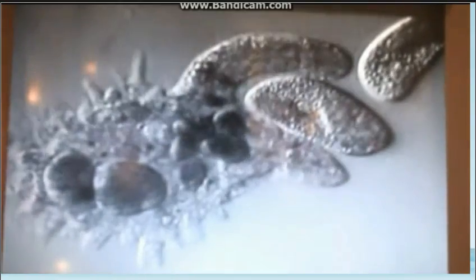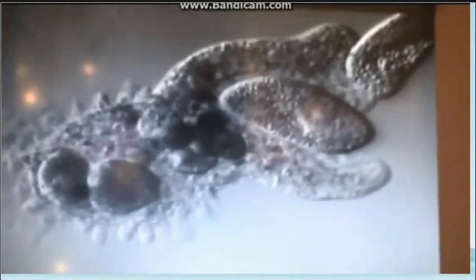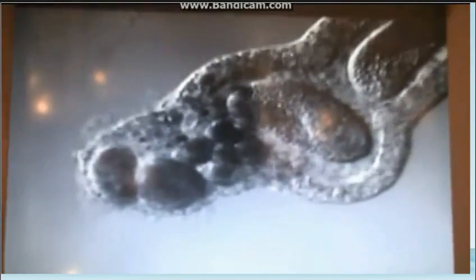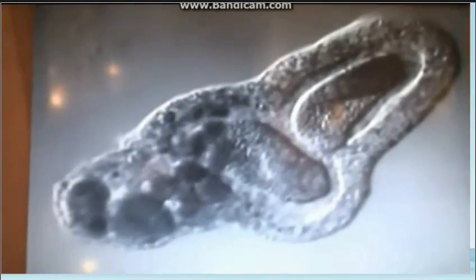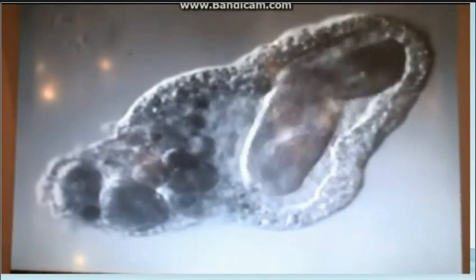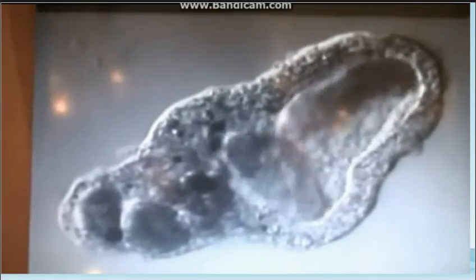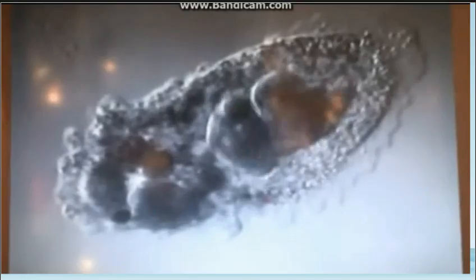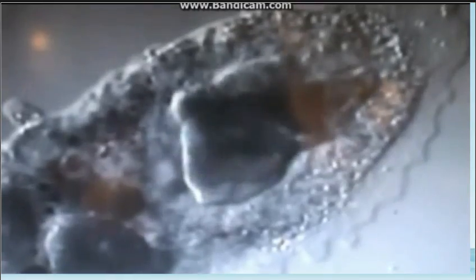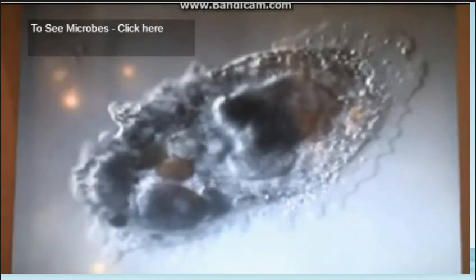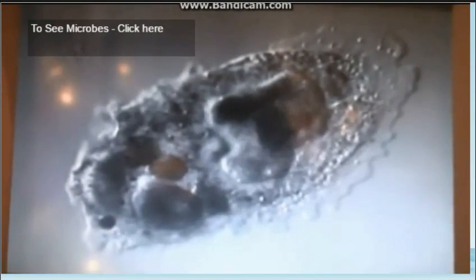This is microscopic action of an amoeba eating a protozoan. It's swallowing it. I think it's a classroom of children. They just realized they've been engulfed. They're trying to get out. They won't. They're just going to be dissolved and eaten. This is awesome. Now they're gone. They're digested now.